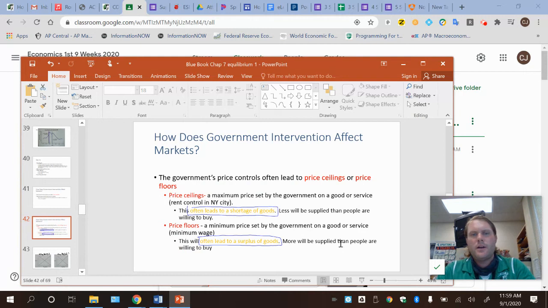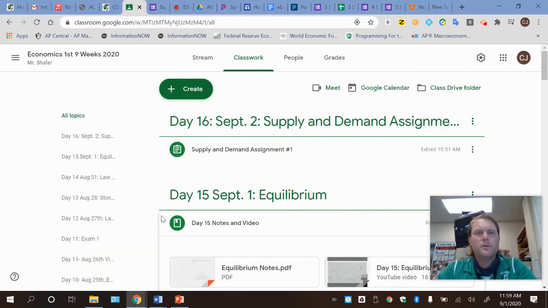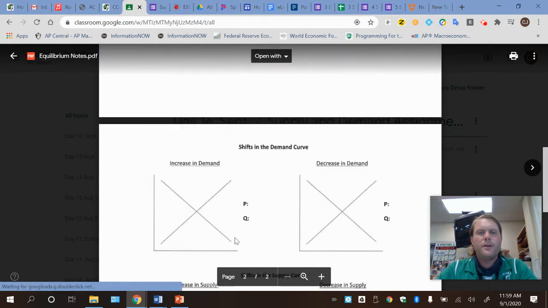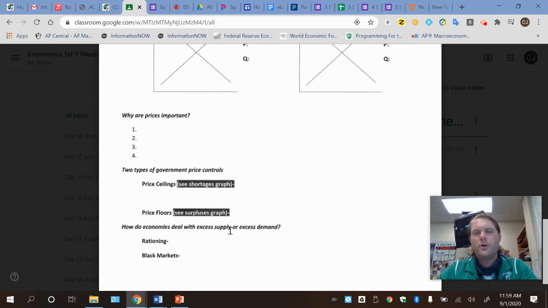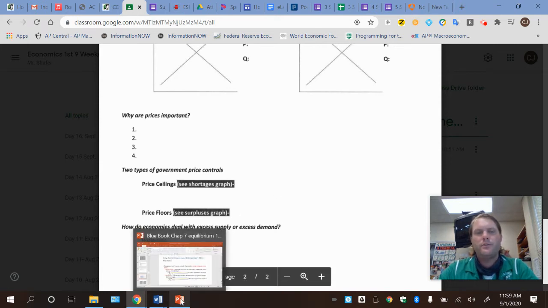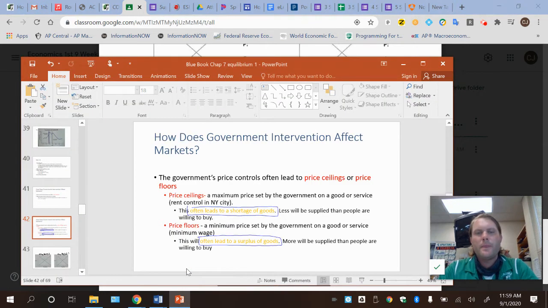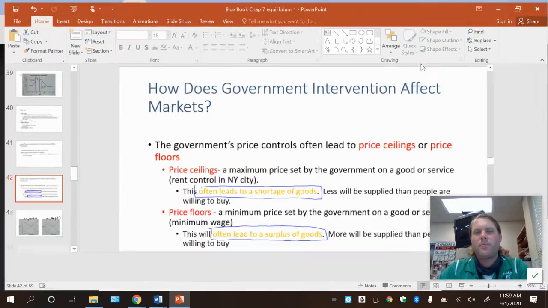And so we're down here now on your notes, at the very bottom. You've got price ceilings and price floors. Notice I wrote in there C shortages graph and C surpluses graph. They're on the front side. You can also rewrite them in there too. It won't hurt you to do that. But either way, a price ceiling is going to be a maximum price the government